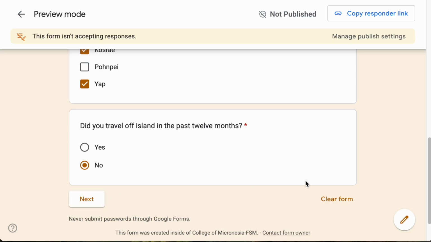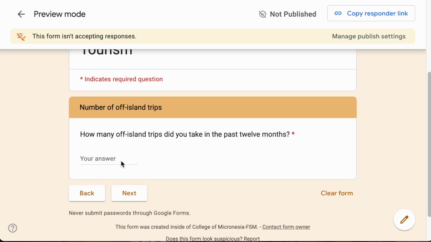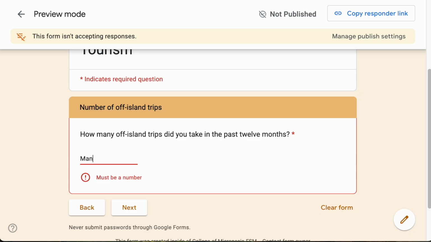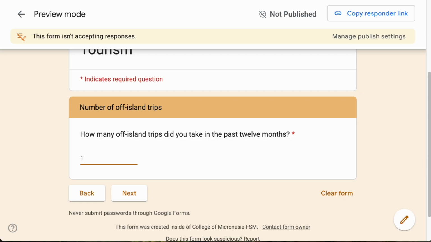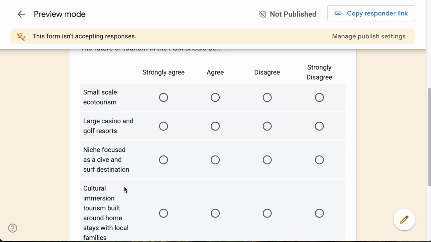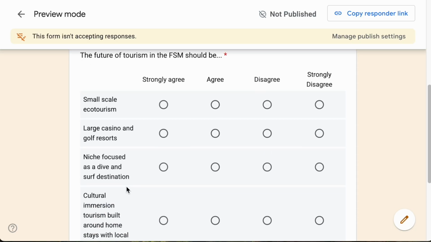Now, when I say no, I'm going to jump past that number question. So I'll go ahead and answer yes. So I go to that number question. You can see what that looks like. And so if I put in here many, it's going to tell me that it must be a number. I have to give it a number. Okay, one off-island trip. When I click next, I'll now return to the flow, going to the future of tourism,